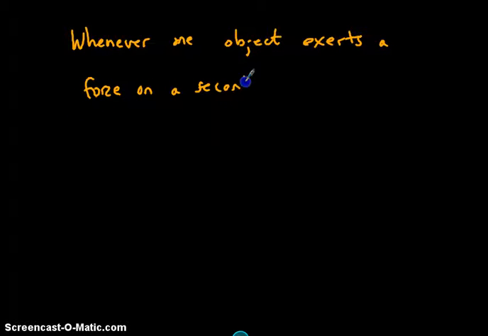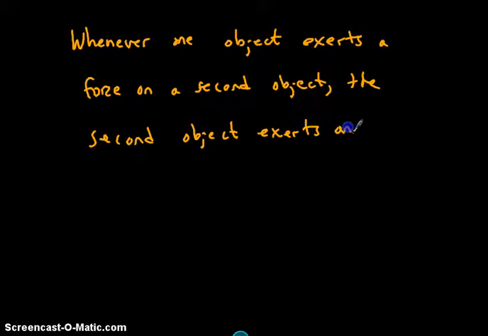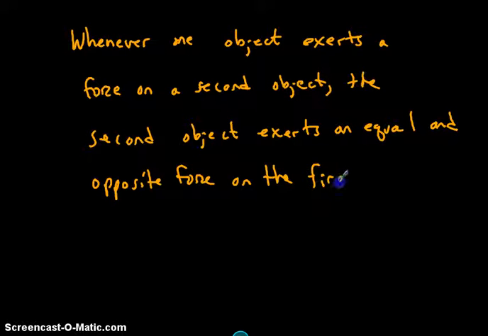Whenever one object exerts a force on a second object, the second object exerts an equal and opposite force on the first. Now that's a lot wordier, but if we apply it to the previous example, you'll see it's much